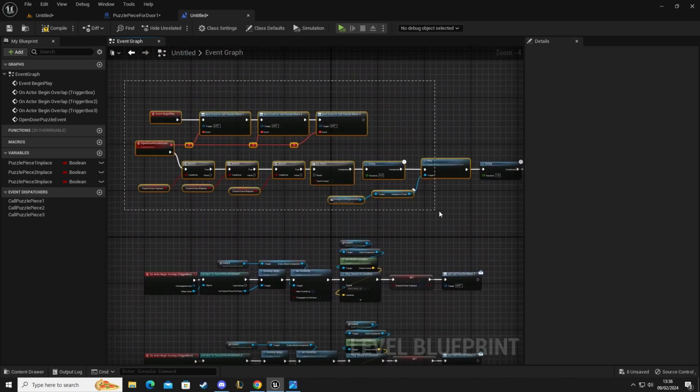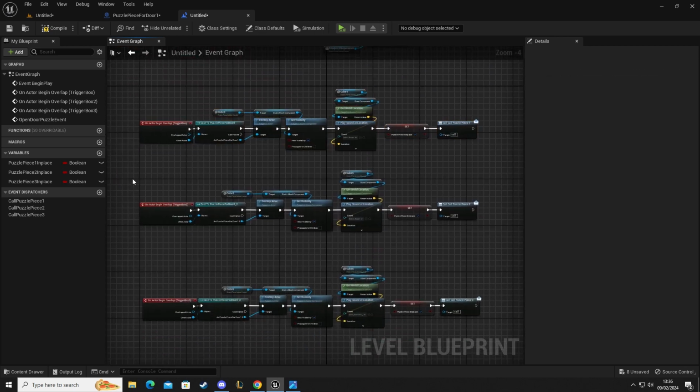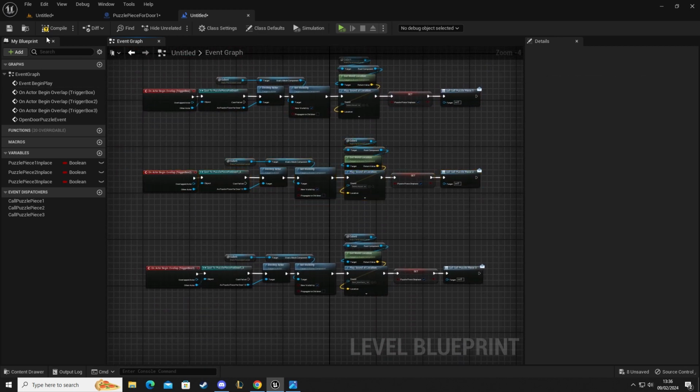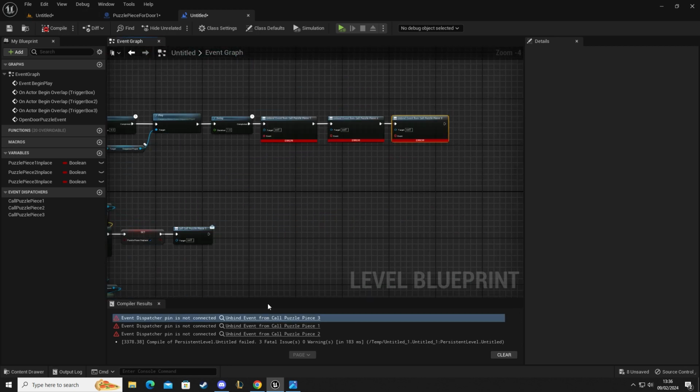So this is going to look out for the event. We're going to have the variables in place to make sure that the door can't open unless we have all three. These are the individual puzzle piece triggers. So if we go into the level, compile, what have I missed? Let's have a look. Oh yeah,